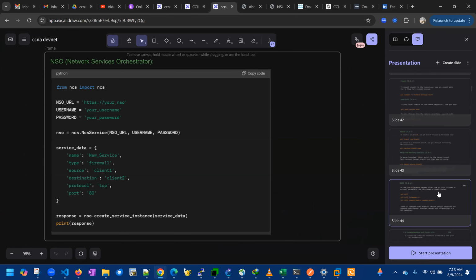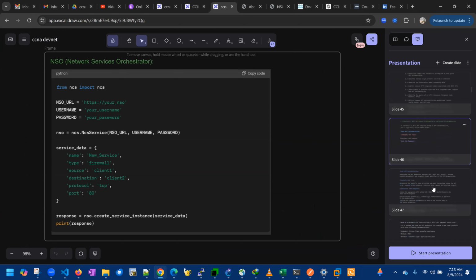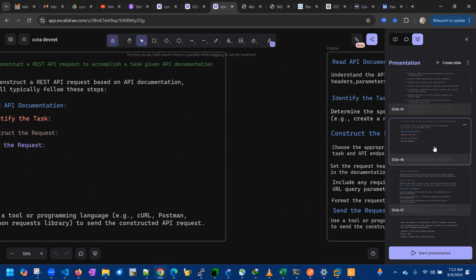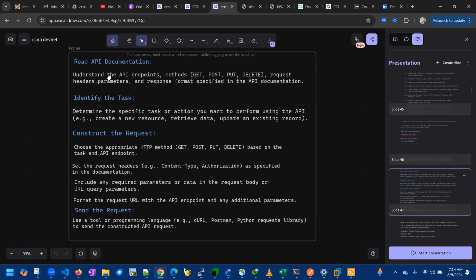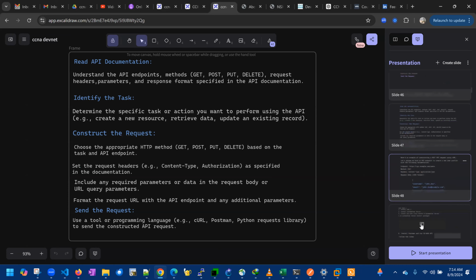Okay, after git cloning. Somewhere here. Yeah. Construct a REST API to accomplish a task given API document. So these things I have actually covered. Read the API document, what is the task and all those things. Then